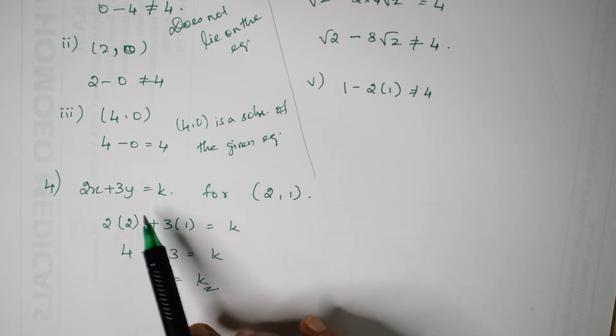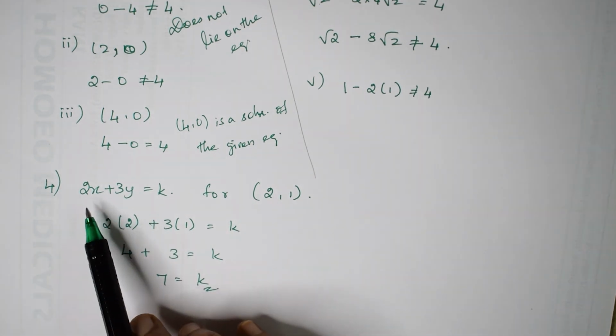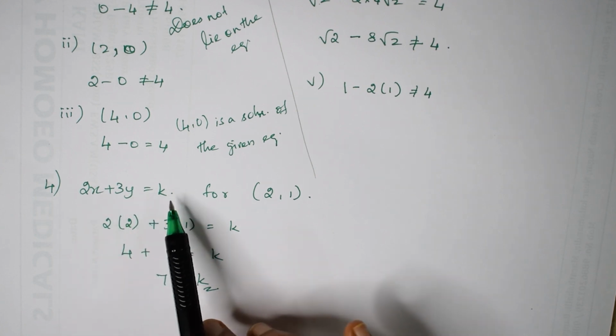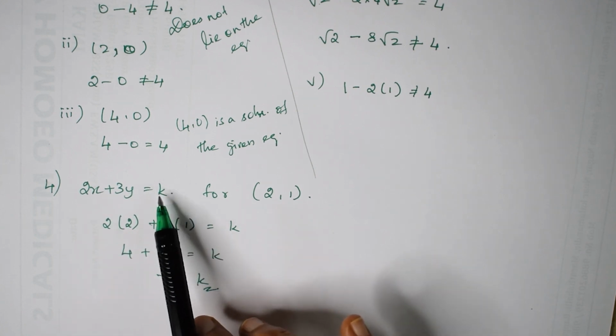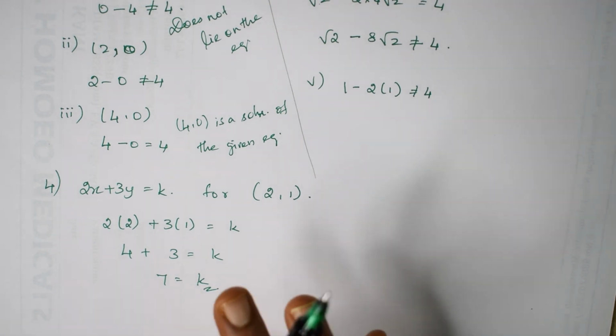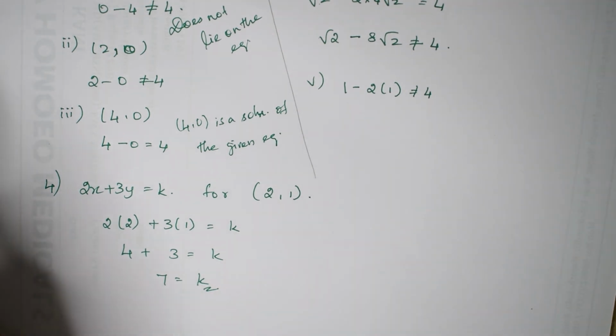Sometimes in the equation the k might be elsewhere, it might be the coefficient of x, or the coefficient of y, and here they will have given a constant. So accordingly we can equate the equation and find the value of k. Okay, this will usually be a 2 marker in your question paper. It's one of the important questions. And with this, the first 2 exercises of linear equations in 2 variables are over.